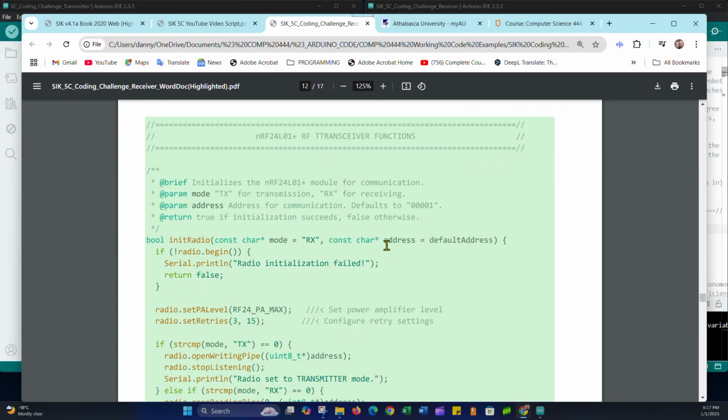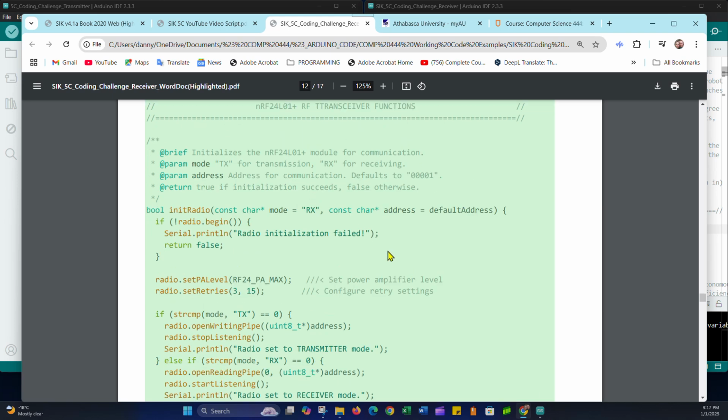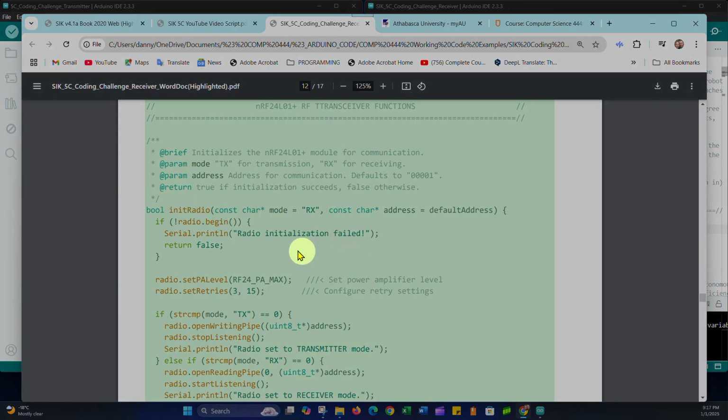The RF transceiver functions. I've explained this in greater detail in other videos, so I'll just try to be quick. This initialize function takes in two arguments. It takes in the mode that you want to be in, whether that's receive or transmit mode, and the address. I'm using default arguments for both, so you can call this function and not pass any arguments if you want,